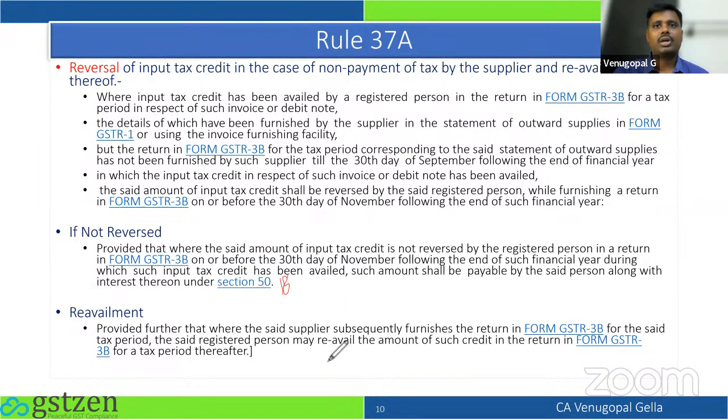All right. So if the said supplier furnishes his form GSTR 3B, now this is what I'm saying, the government is saying that if it is paid through 3B, then you can re-avail the credit. But what happens if he is paying through DRC 03 and giving you a declaration? This is another challenge. That means you have to track the filing status of your vendors' GSTR 1 and GSTR 3B. You need to have a mechanism.